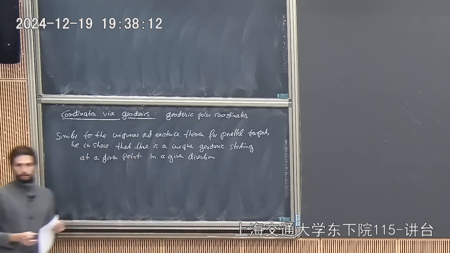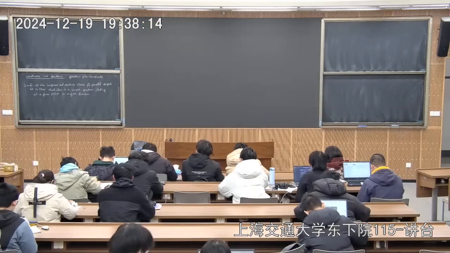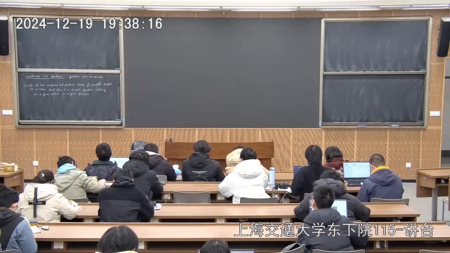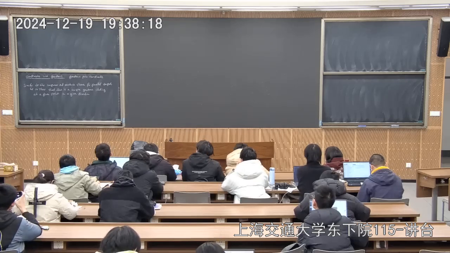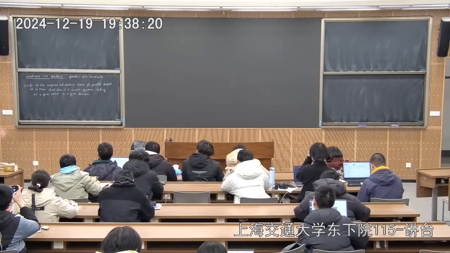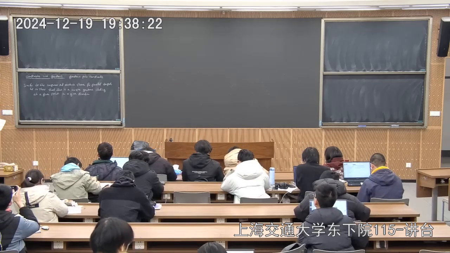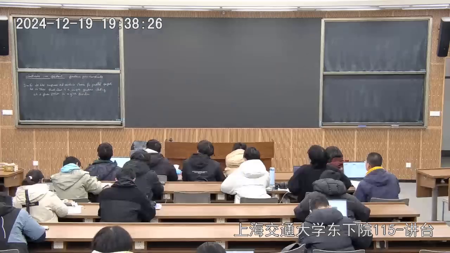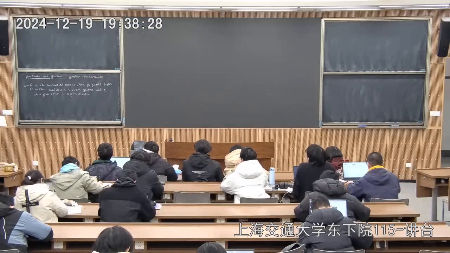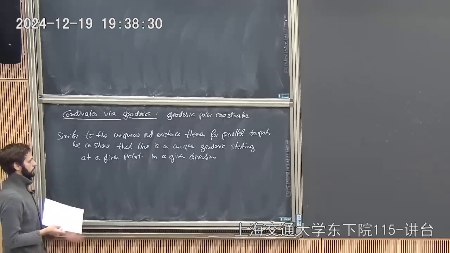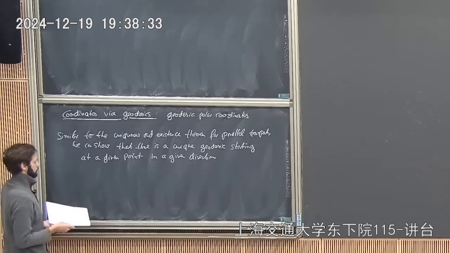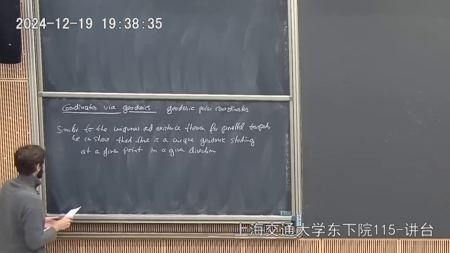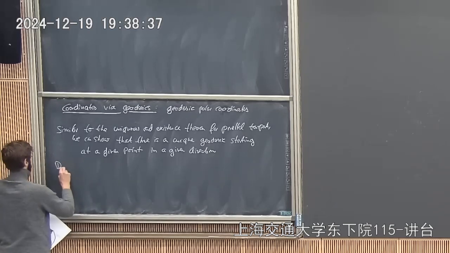Which is just a mathematical way of saying that if you stand somewhere on a surface, that's the starting point, and someone gives you a direction and says let's go, and you just say, okay, I'm slowly walking in this direction with this velocity that is given by this vector. And the way that I walk is in the direction of a geodesic. And that allows us to have the following definition,